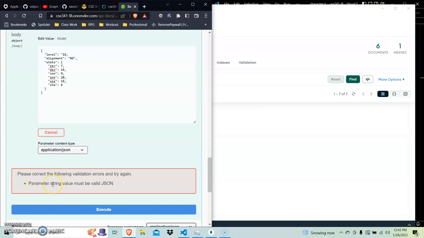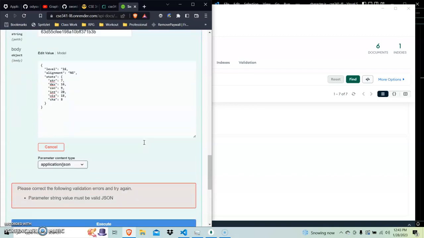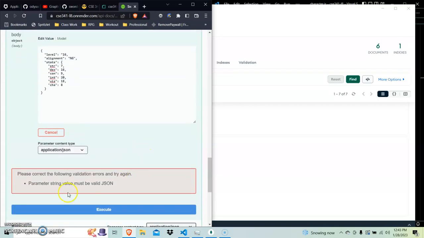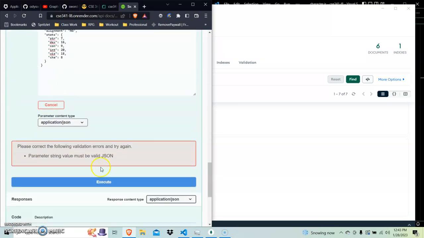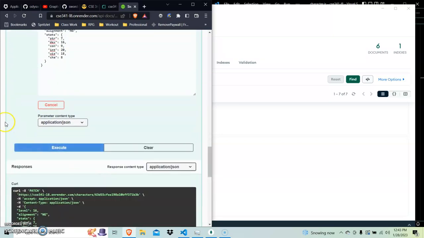Parameter string value must be valid. Okay, what is your problem now? Okay, let me poke around with this. Okay, I realized what happened. I didn't even need to pause. I just have this one little errant quotation mark here. If I take that out and then we execute,